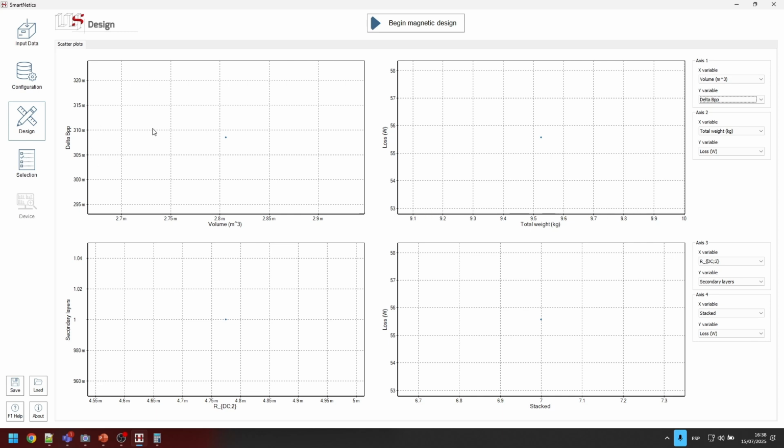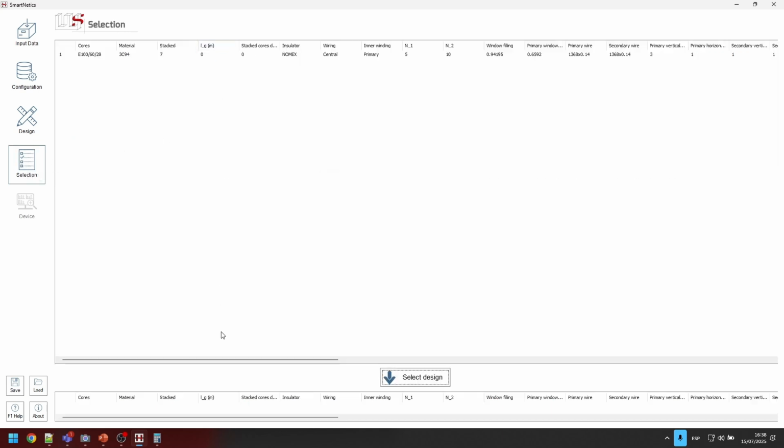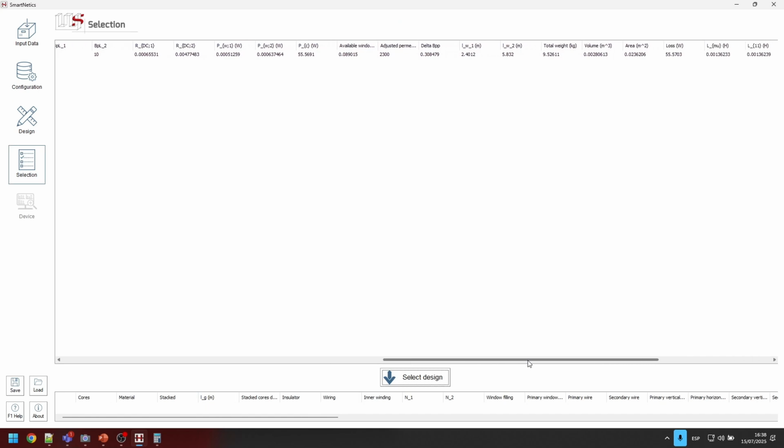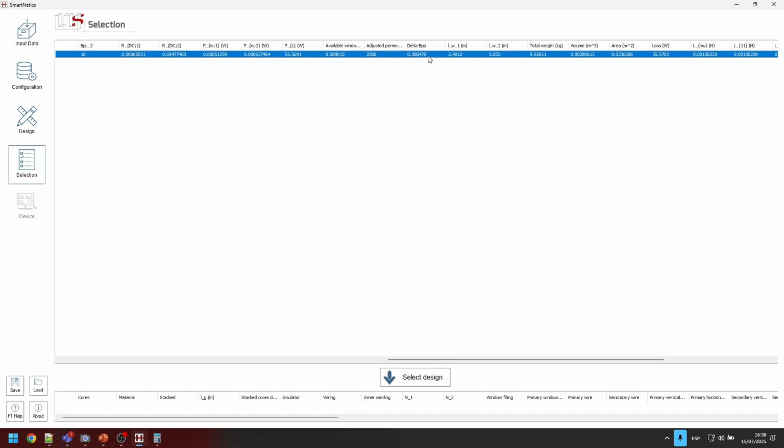Instead of taking a look at that in those axes, you can always go to the detailed view of the device to see the real value, and it's in here. So this is the peak-to-peak value. So the peak value is one half of this, so 159 or something like that millitesla, so very far from saturation. This is about the voltage, but we need not only to know that it's not going to saturate, we need to know that it's not going to burn.